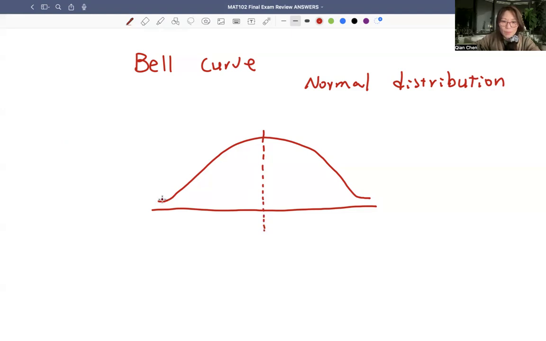So this, we call this bell. The area under this bell curve and this horizontal line is 1, which means 100%. And this just keeps going on the two sides, but it becomes very, very close to this horizontal line. And the empirical rule